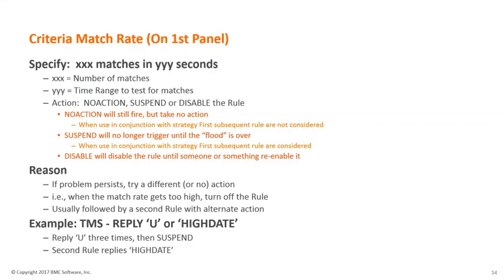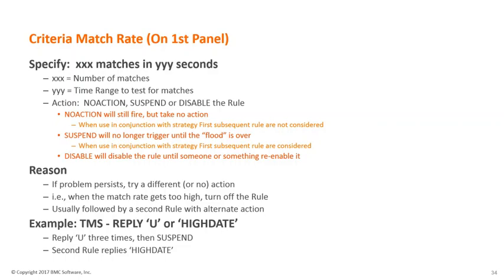Now, another thing that's important to consider with your rules is the criteria match rate. And the criteria match rate keeps your automation from running out of control. We're essentially telling it, look, we can only have X number of matches in Y number of seconds. And when that occurs, then I can tell you to either take no actions, you can fire the rule but don't do anything, you can suspend the rule for a period of time, or you can disable the rule until